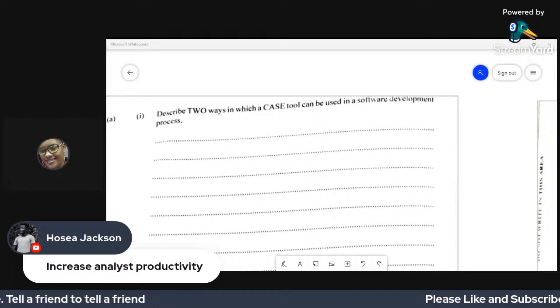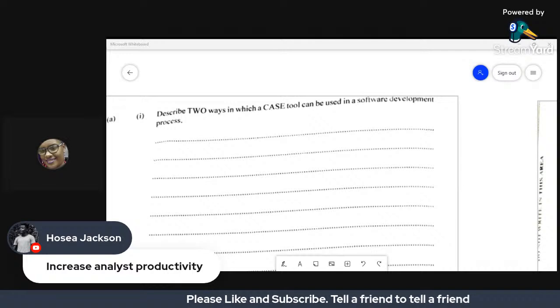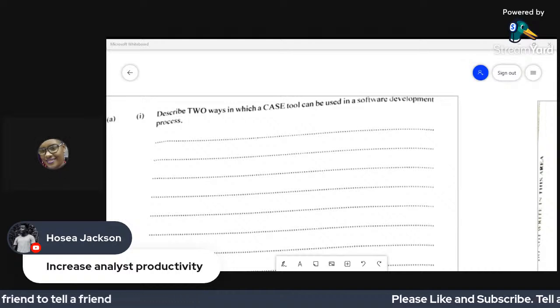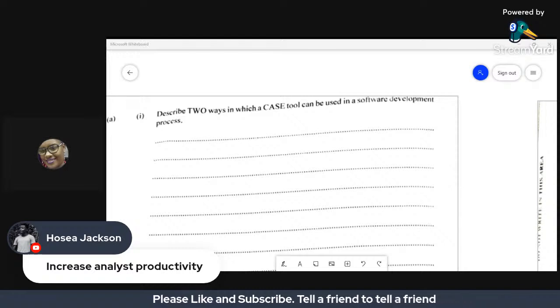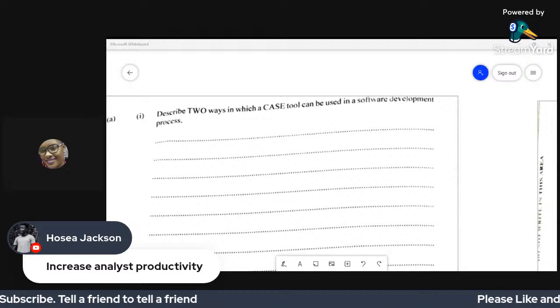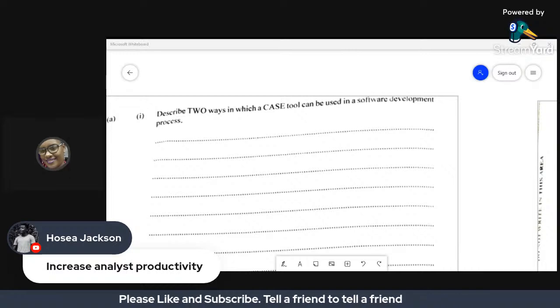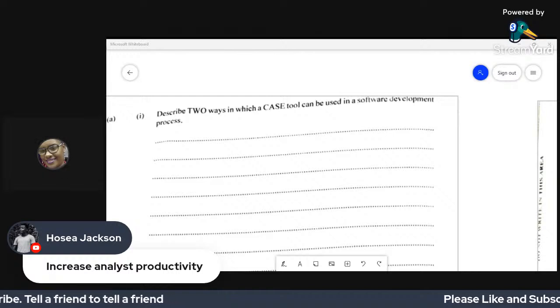Well, Justin, in that case, what will happen is that you will be left guessing when the grades come out, because markers are told not to try and get into the candidate's head. What you write on the paper is what you get the marks for. So you want to explain exactly what it is that you have there, because you're not going to get free marks. That much I can tell you. Remember, a 1 mark question is either you get the mark or you don't get the mark. There's no half, there's no in between.